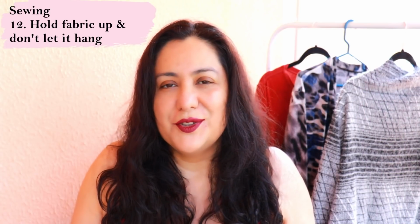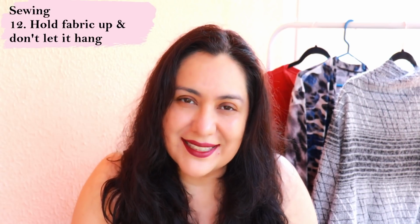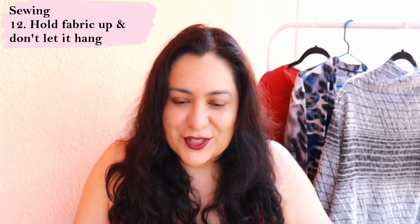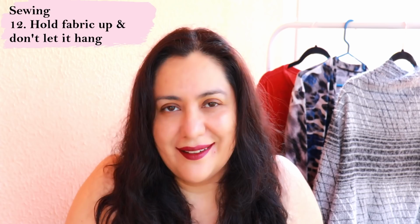Actually, for any project you're doing, this could also work if you're doing something in a woven fabric cut on the bias. Same thing, don't let it hang, just hold it in front of you and just guide it along, but just don't let the fabric hang. That's what I mean. Number